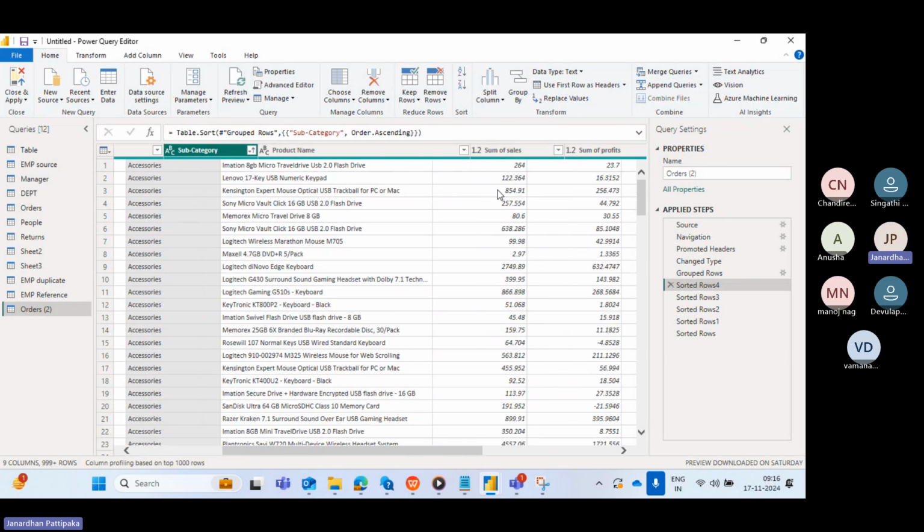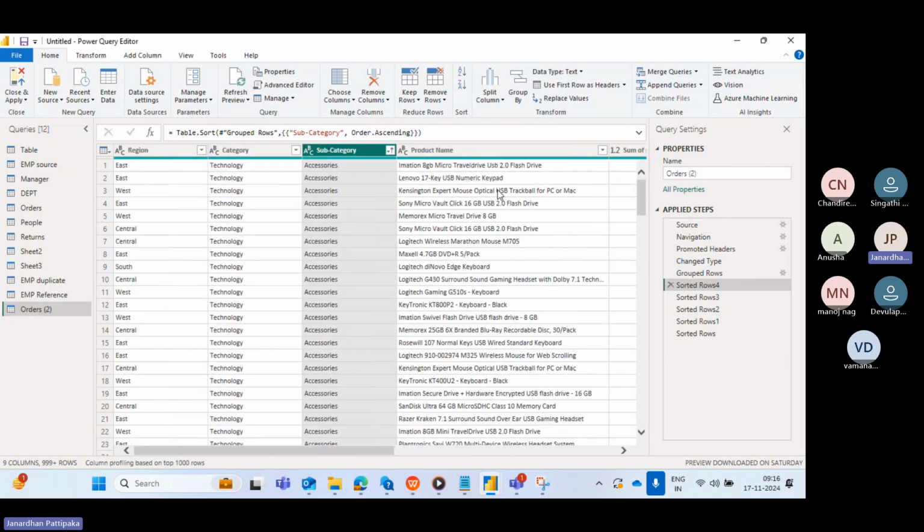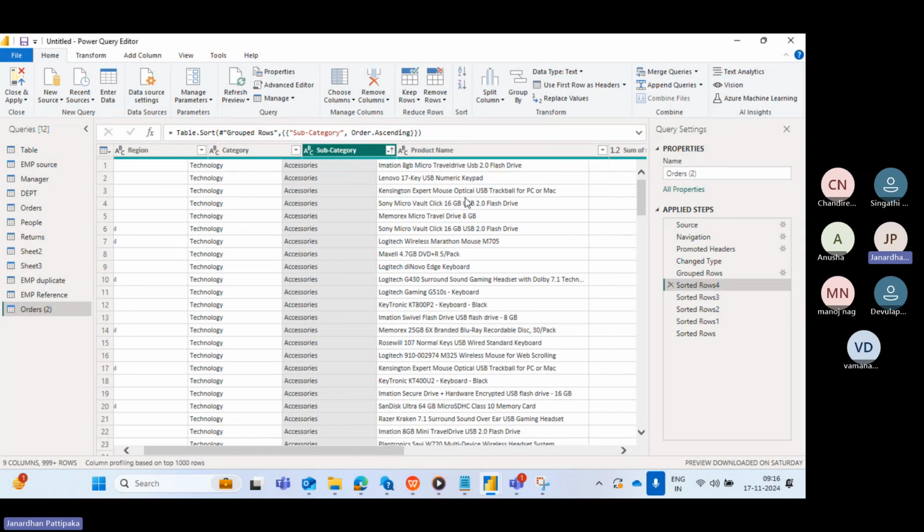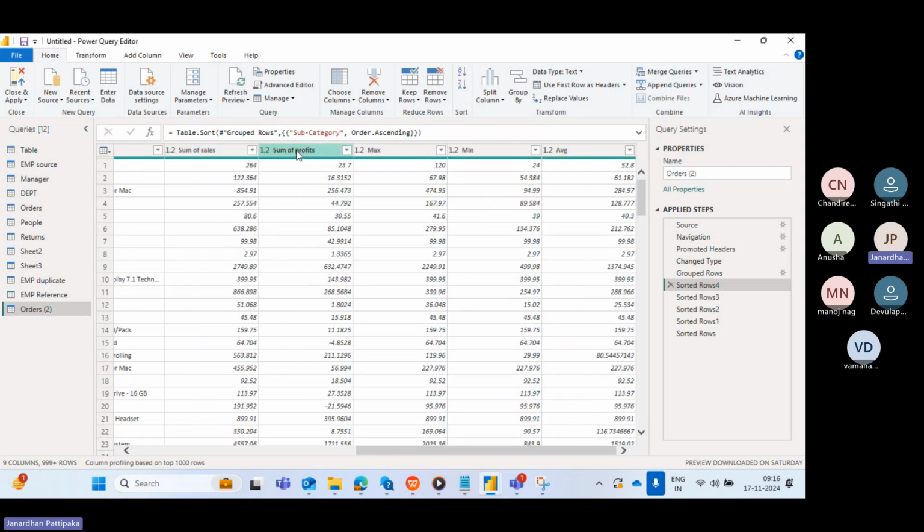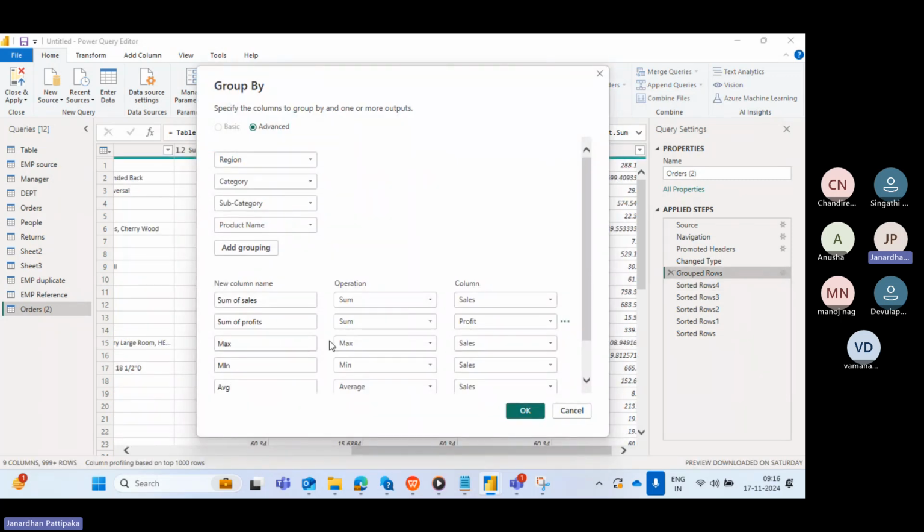each product wise sales, if you want to find that information, you can split the data product wise also: region wise, category wise, subcategory wise, product wise, sum of sales, product wise sum of the profit, what is the maximum profit, what is the minimum sale of that product, what is the average. So this type of information, it is up to you how you want to get the information. Sometimes a client will ask only region-wise, category-wise information. If you want to go deep, then he asks for subcategory. If you want still deeper information, product name. Based upon your requirement, you will give the fields in the group